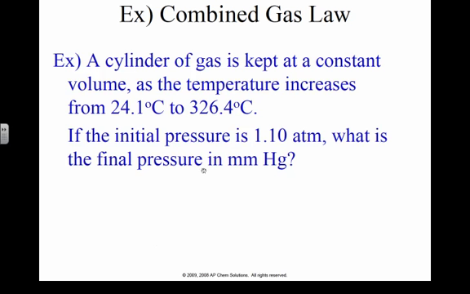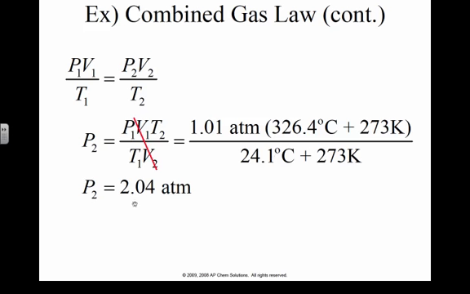So, a cylinder of gas is kept at a constant volume as the temperature increases from 24.1 to 326.4. If the initial pressure is 1.10, what is the final pressure in millimeters of mercury? We're going to do V1 P1 over T1 equals V2 P2 over T2. Notice that the volume remained constant in this problem, so I'm just going to cancel that out. Plug in my 1.01, plug in my temperature in Kelvin, plug in my temperature two, solve, and I get a